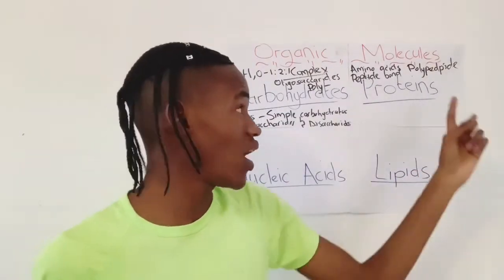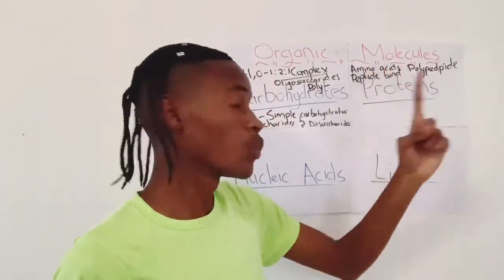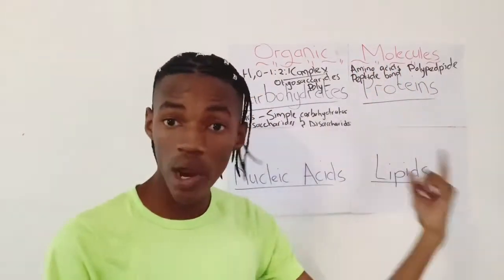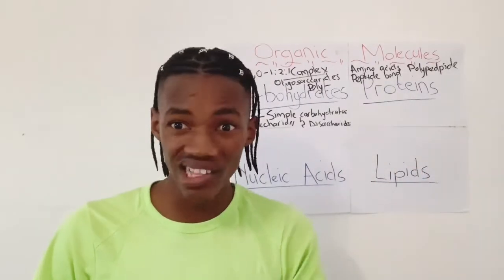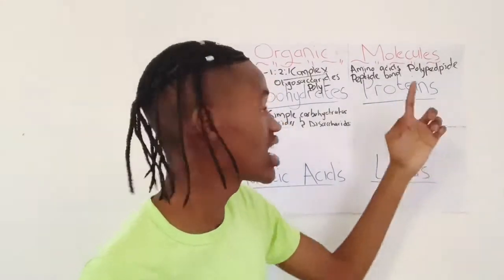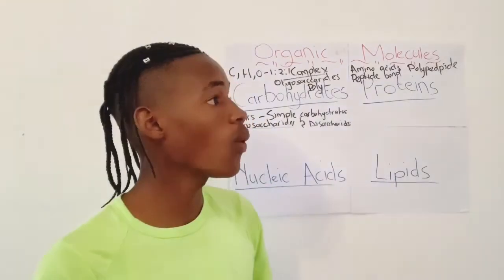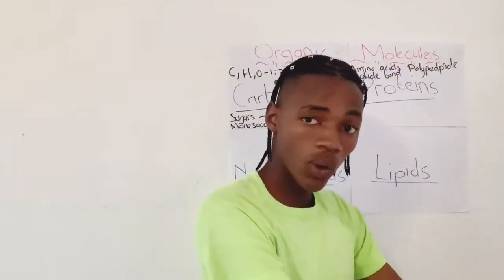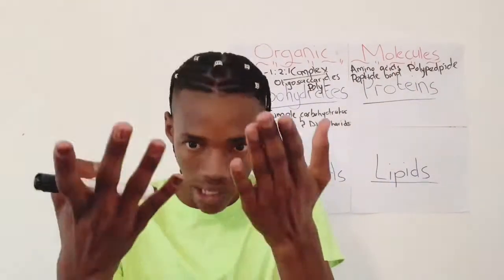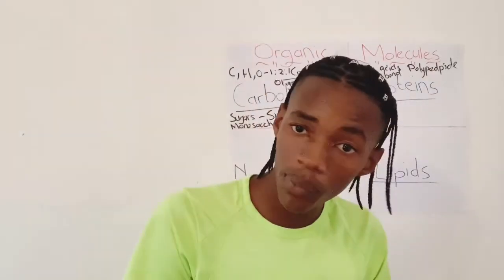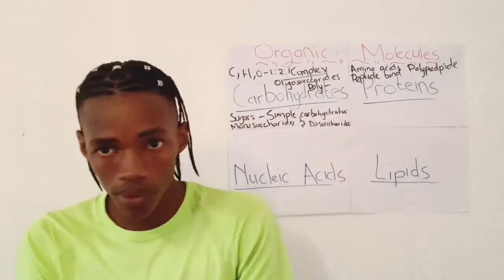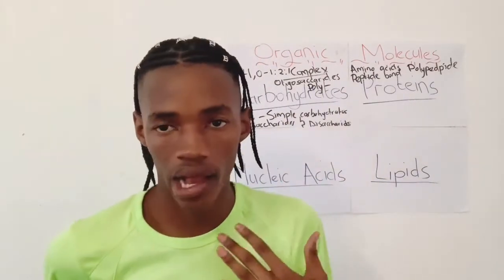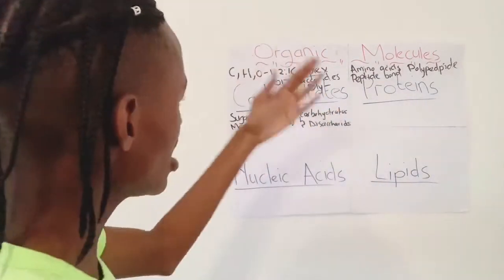So now we have amino acids which join together by forming a peptide bond, and when multiple peptide bonds are together, we get a polypeptide. And then one peptide bond is literally a single bond, and two peptide bonds are like double bonds, three peptide bonds are like triple bonds, and then